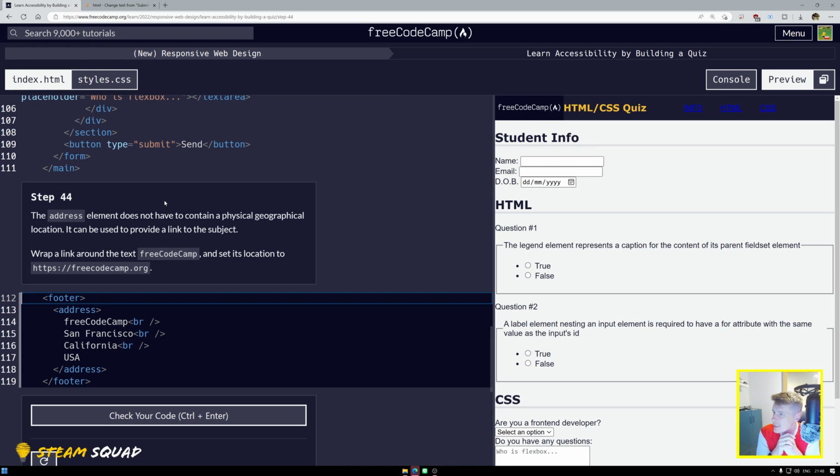The address element does not have to contain a physical geographical location. It could be used to provide a link to the subject. Yet generally, you don't want to put your address on your web page, unless it's for a company, I suppose. Wrap a link around text FreeCodeCamp and set its location to freecodecamp.com. Okay. So